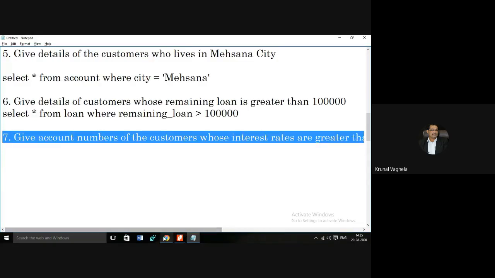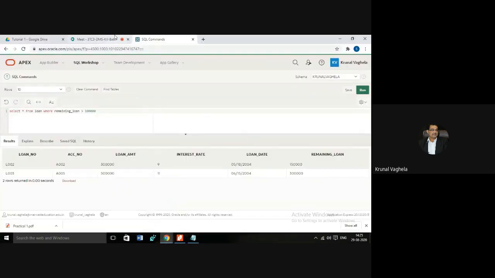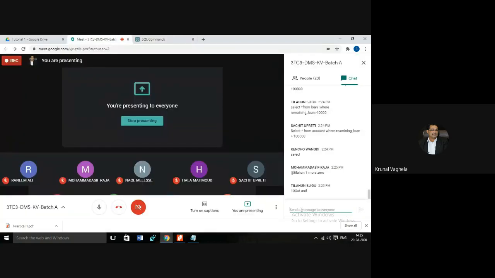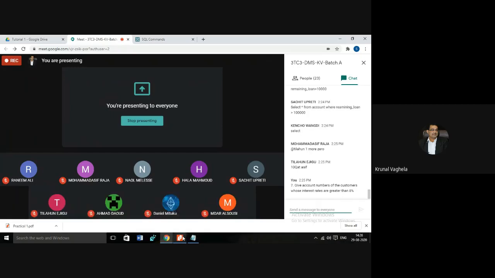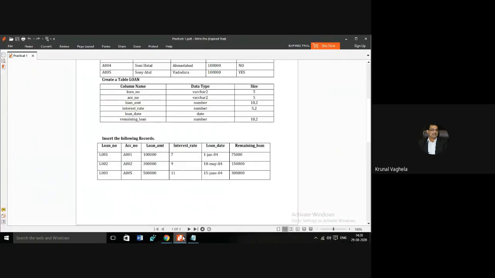This is the query. Let me type. Give account number of the customers whose interest rates are greater than 8%.